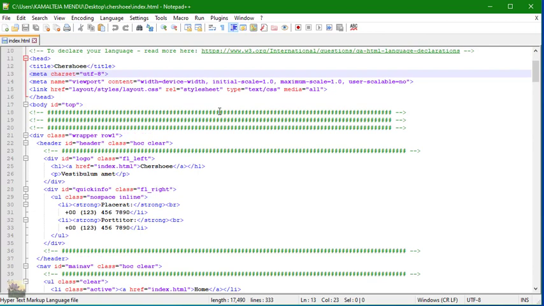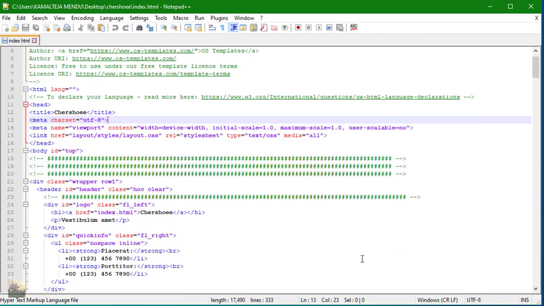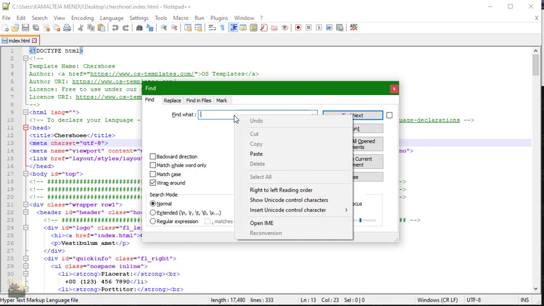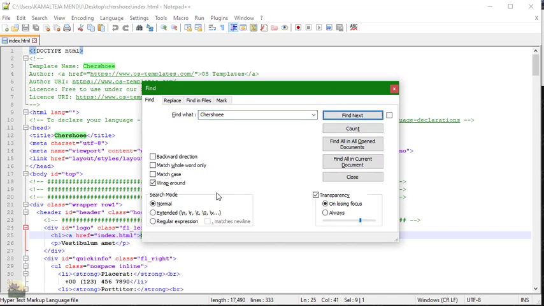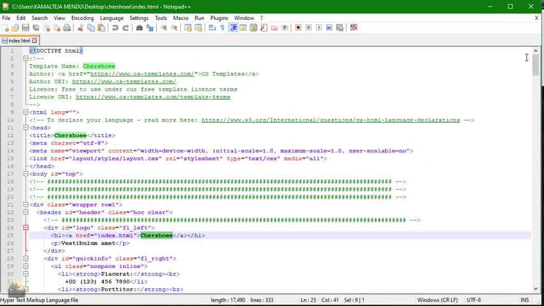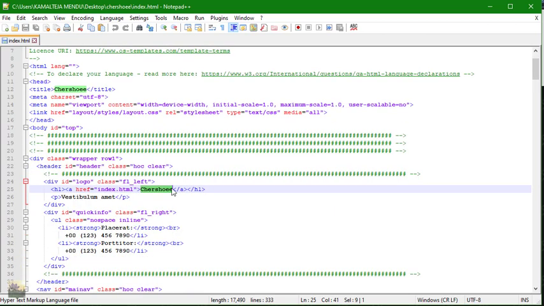For example, I will show you one thing. For a basic requirement, if you want to change this name, simply copy it, go to the code editor, Notepad++, click Ctrl F, find, and click on find. We can find those things at different places in the code. What we should change and what we should not, we can easily understand if you are a computer science student. But if not, don't worry, you can understand it once we do it by trial and error. So let's change here.